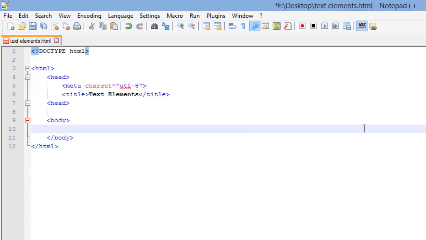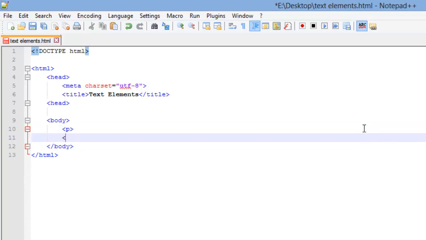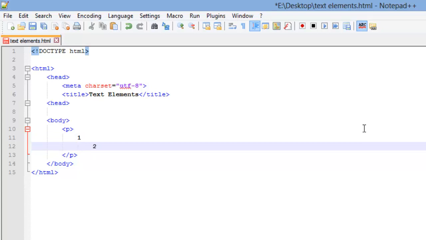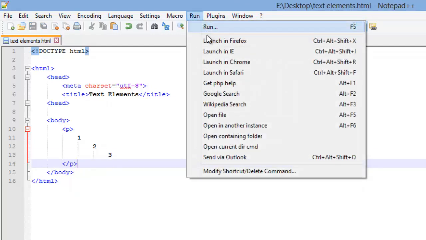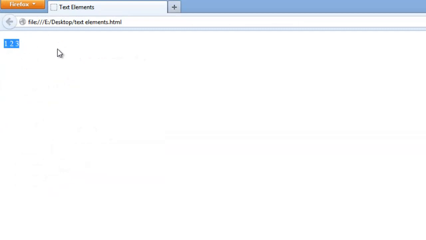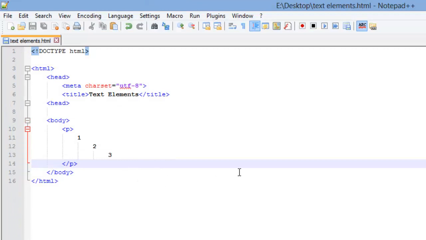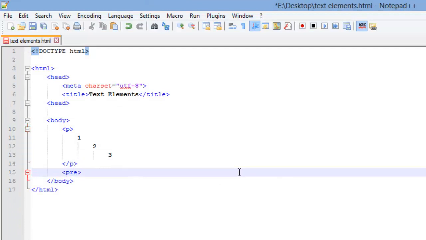Alright, the next element we're going to look at is the pre element. But before I show you that, I'm going to show you a paragraph element here with some text in it. And I'm just going to tab there, put 1, 2, 3. Alright, if I save and run this, you see the paragraph doesn't preserve any of the spaces, any of the tabs, any of the line breaks that I put in there. But if I use what we call the pre element,